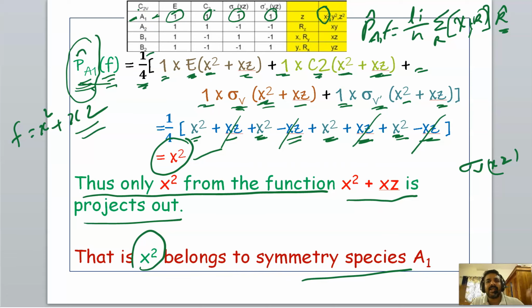It is a simple function. Like that, any function or any atomic orbital function we can take, and we can apply the projection operator having a particular symmetry. Then it projects out only that part of the function having the same symmetry. That is the usefulness of the projection operator. Actually, in the direct method we have to find out manually which part of the function has the same symmetry, but the projection operator is a mechanical or automated equation. We can just pass the function through this operator, then we get only that part having the same symmetry. Okay, understand?